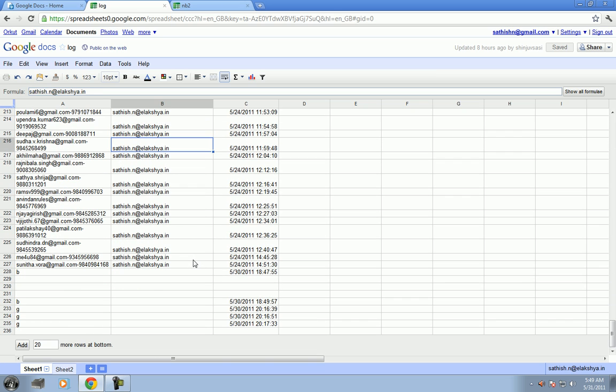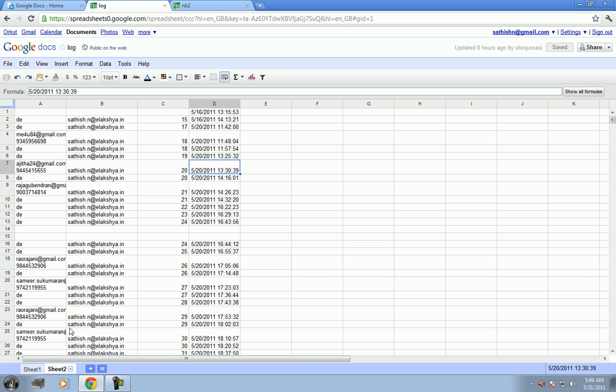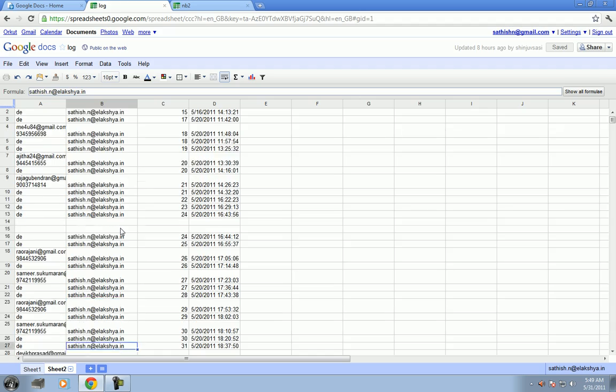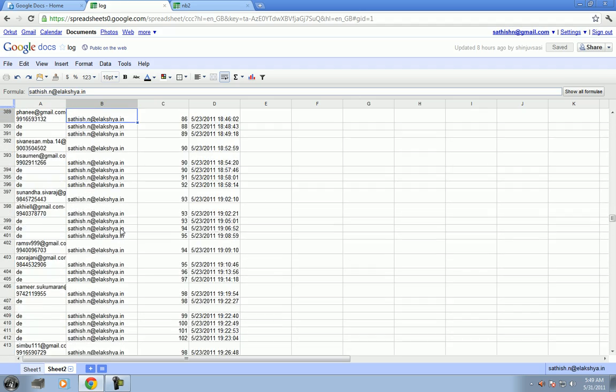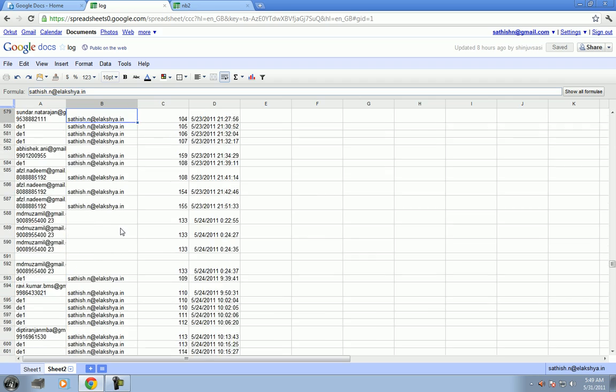Nobody has opened it. None of your 84 people have opened their .elakshya files. Forget about editing. Editing is the next thing. Nobody has even opened the .elakshya file. And there is one very simple reason why that is the case. The simple reason is, see, you can see, no? Not a single individual has opened their .elakshya file.